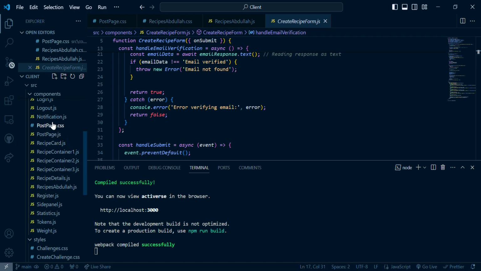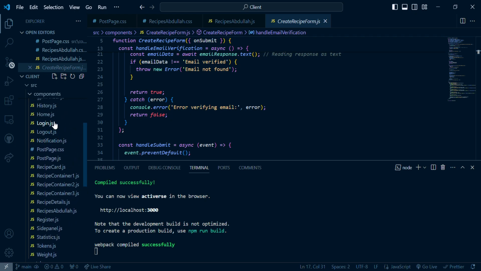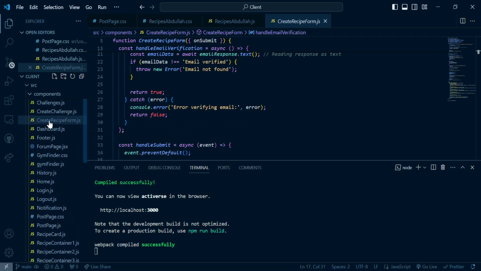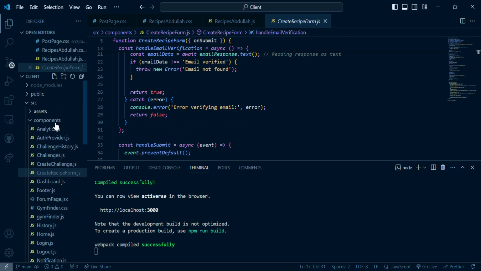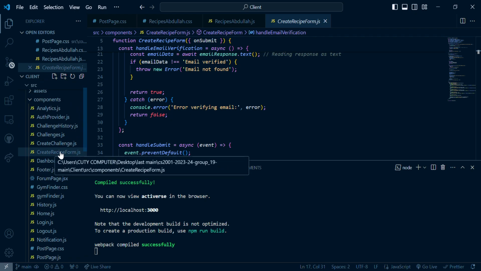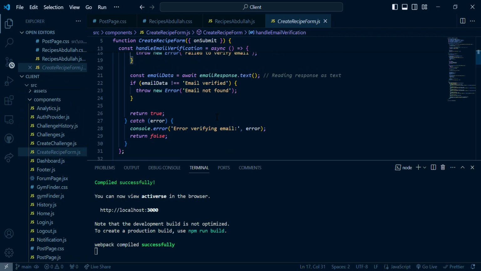So in my front end, this is the whole front end of the whole group. In this front end, these are the components basically. So this component, let me start from here. Recipe component is my component. In this recipe component,